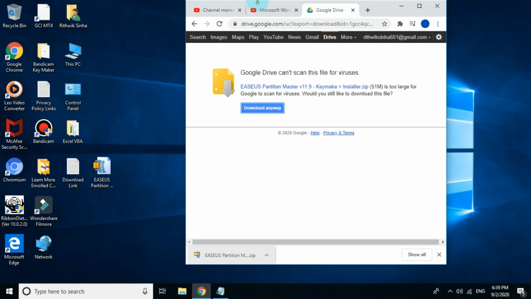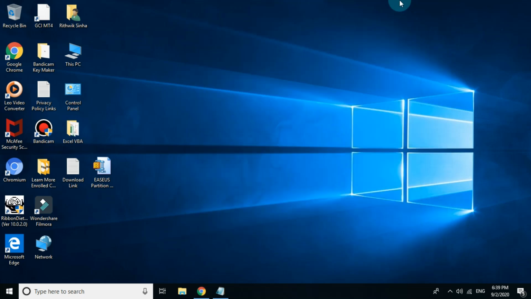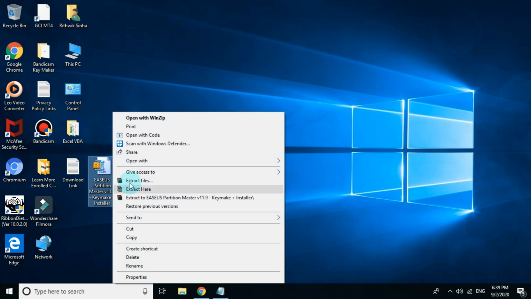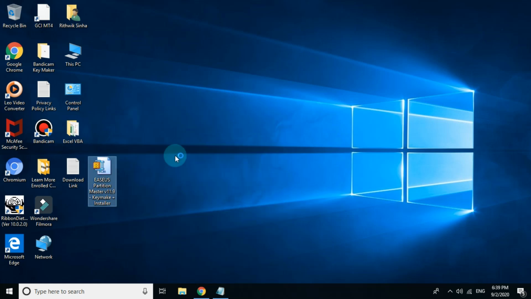All of that I have also pasted on the desktop. Now I have to minimize this, and you have to just extract here, and you have to wait for some time.